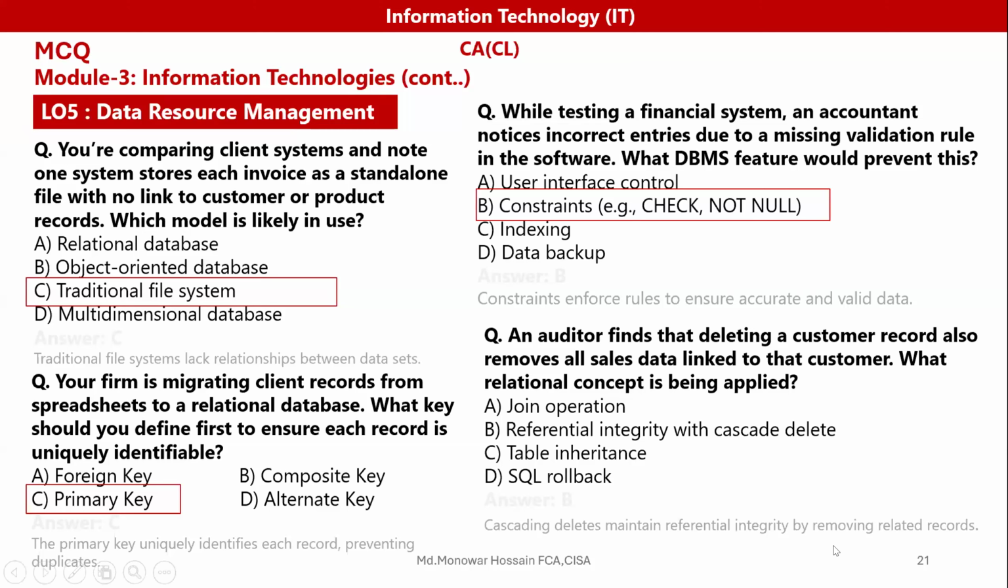Now an auditor finds that deleting a customer record also removes all sales data linked to the customer. What relational concept is being applied? Here, referential integrity and cascade delete, because ক্যাসকেডিং ডিলিট মেনটেন রেফারেন্সিয়াল ইন্টিগ্রিটি এবং এখানে একজন অ্যাকাউন্ট অডিটর দেখলো যে কাস্টমারের রেকর্ড ডিলিট করে ফেলছে, সেল লিঙ্ক থেকে রিমুভ করে ফেলছে। এখানে রেফারেন্সিয়াল ইন্টিগ্রিটি, সমস্ত রেফারেন্স ওখান থেকে ডিলিট করা। তো আনসার বি।